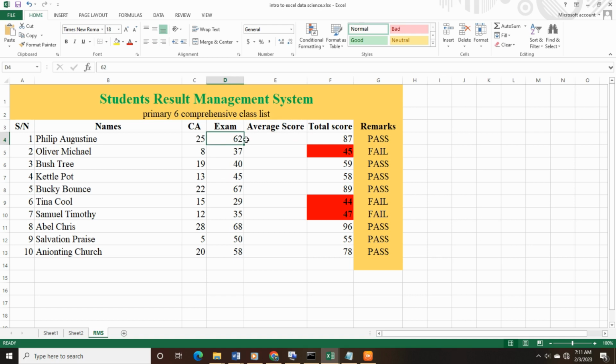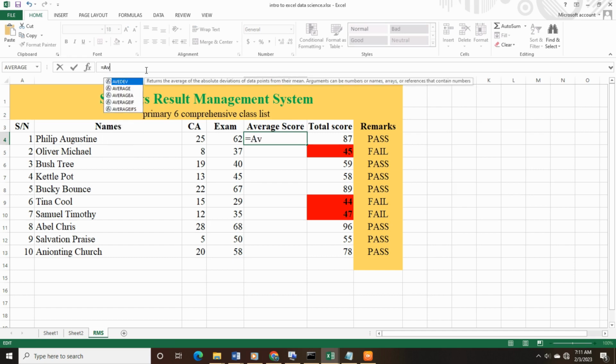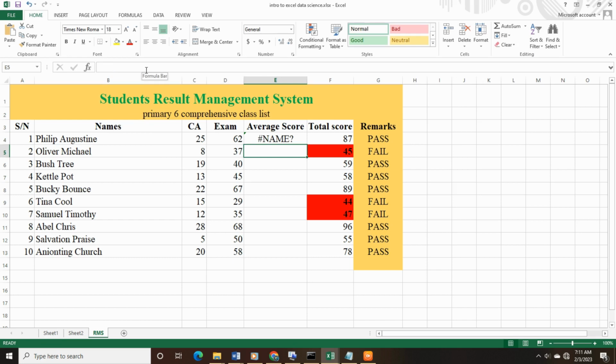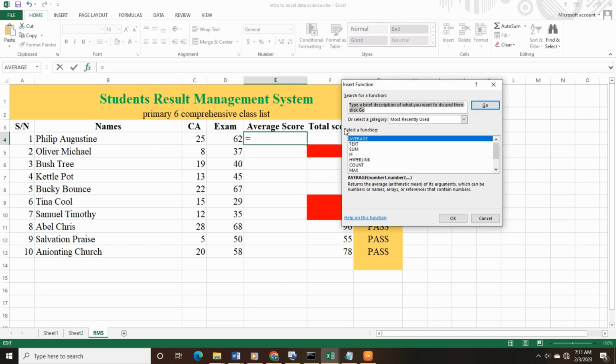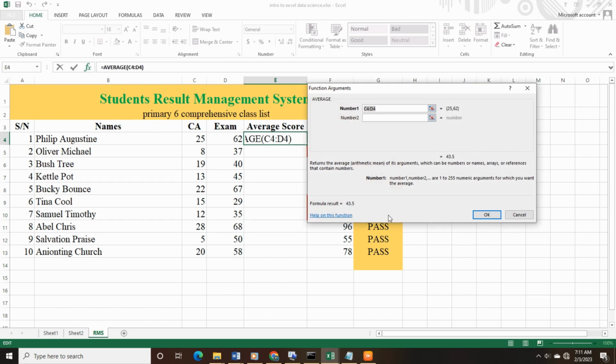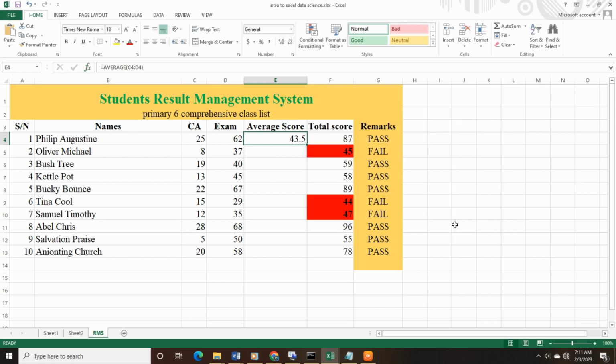All right, so go to the average. Say equal to average. You can actually select from here. Let me just select to save our time. Click on average, click OK, and it selects the average between C4 and D4. So all I need to do is click OK, and then the average between these two is